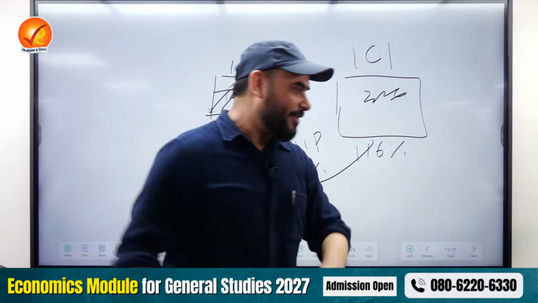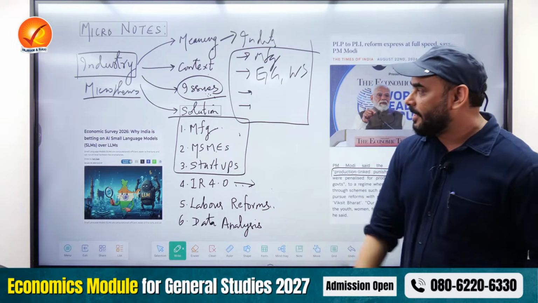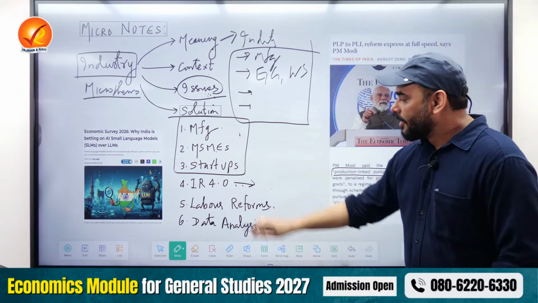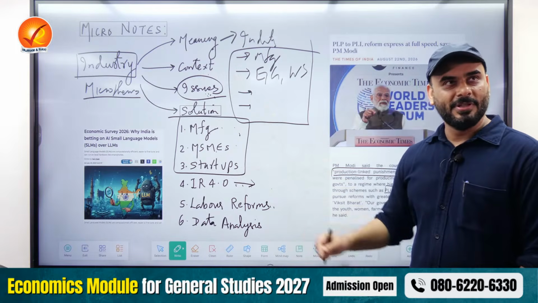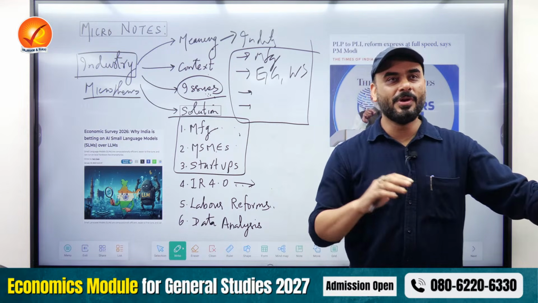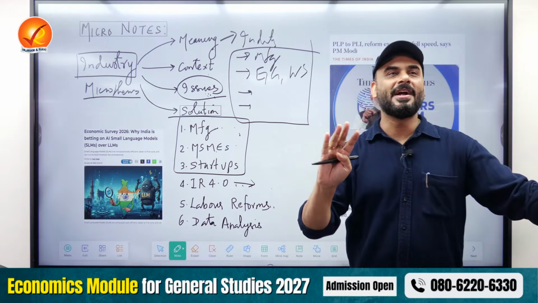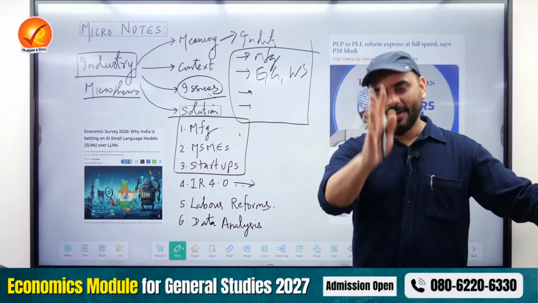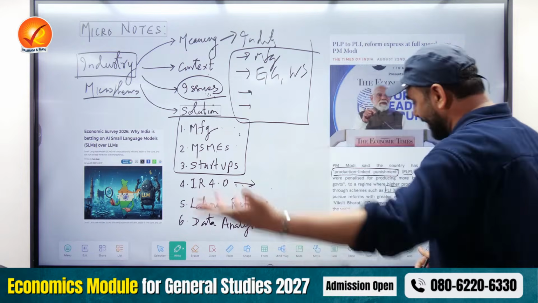That's your next part of the industries which you must prepare for UPSC: data analysis and data management. These are your themes. Now, I'm going to focus on 1, 2, 3, 4. These are the 4 things which I'm going to show you, how within 15-20 minutes you can create awesome one-pagers which will help you to literally understand and memorize everything related to schemes which are required in UPSC from this topic. Let's do that exercise and see if it is possible.